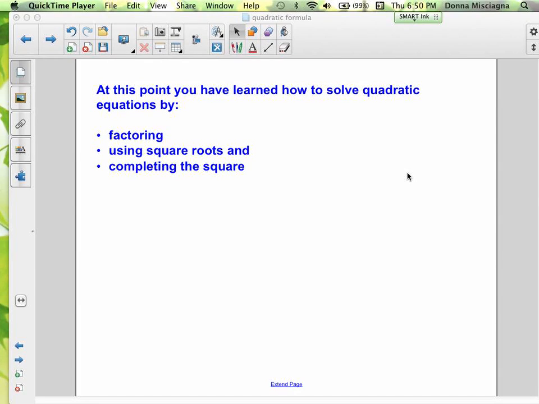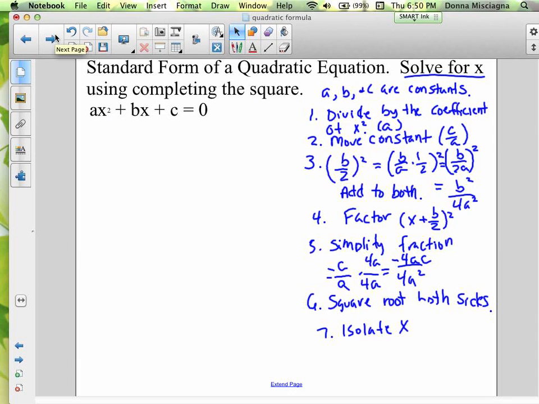At this point, you have learned how to solve quadratic equations by factoring, using square roots, and completing the square. We're going to learn about another method, but first let's see how this other method was derived. We're going to take the standard form of the equation, ax squared plus bx plus c, and solve for x